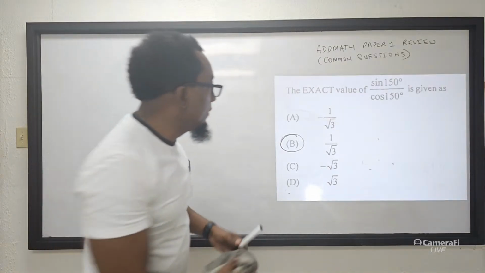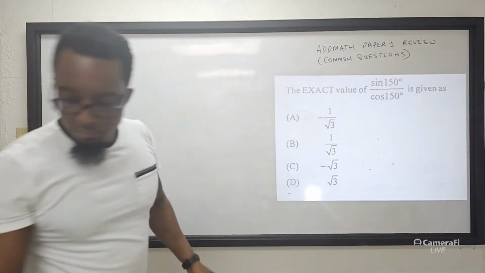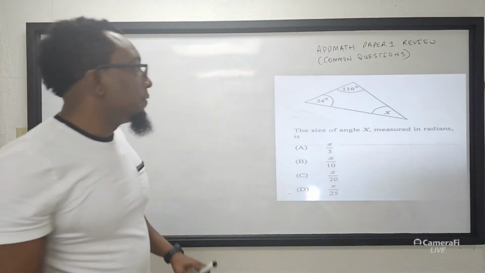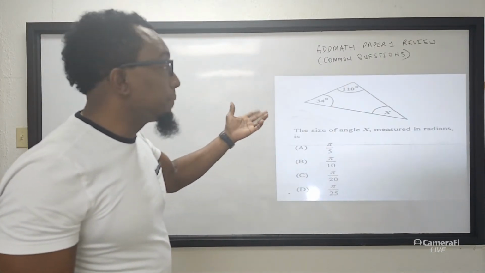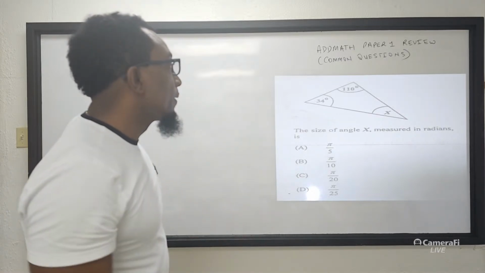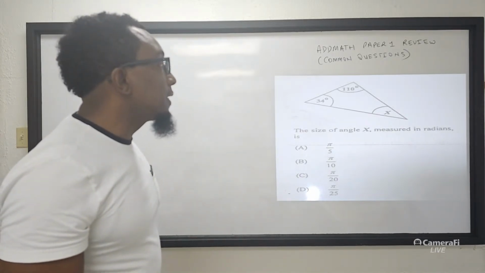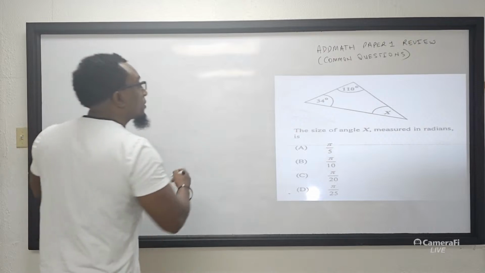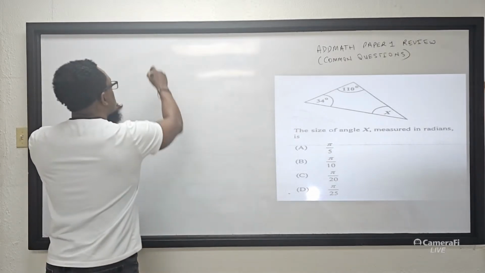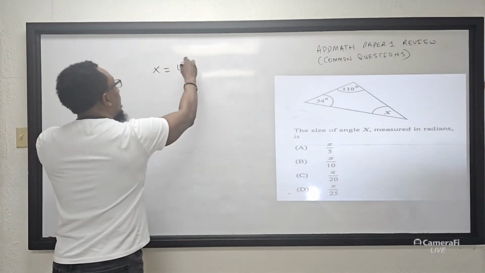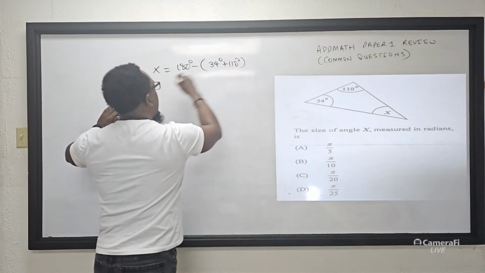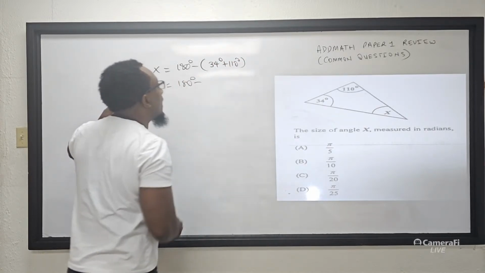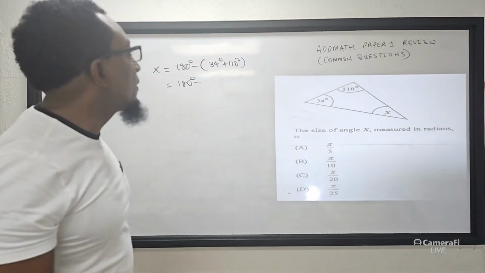So we have here another common question. I'm sure, doing past papers, you would have seen this in almost every paper. The size of angle x measured in radians is... So of course, let's find x in degrees first. So x will be what? 180 subtract 34 degrees plus 110. 180 subtract 34 plus 110 will give us